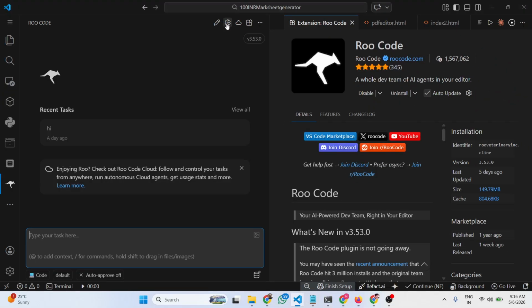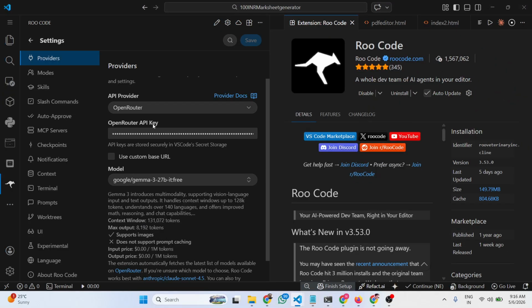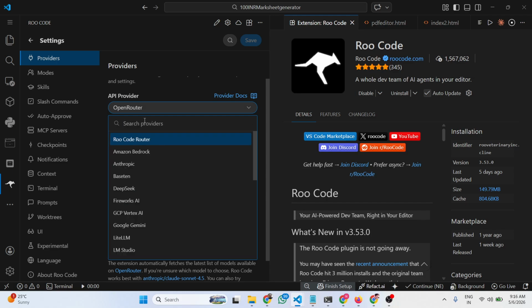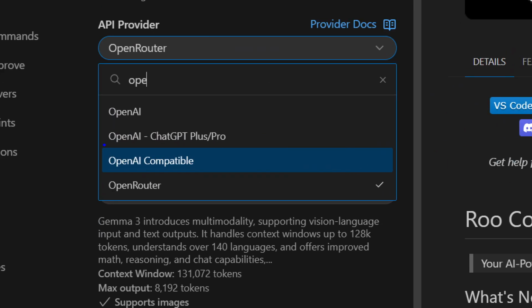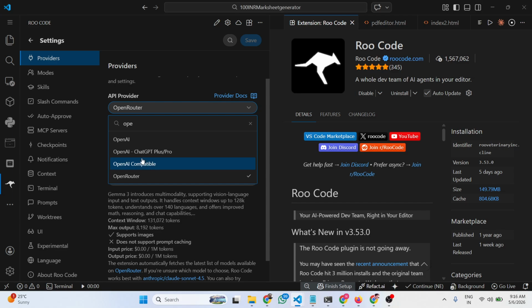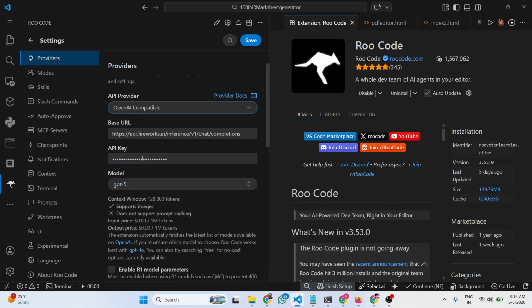If you see, click on that, and from here for the API provider, you will simply select GitHub. I think just select OpenAI compatible. Yeah, so you need to select this OpenAI compatible. And right here, you paste this API key that you got, this token. And for the base URL,